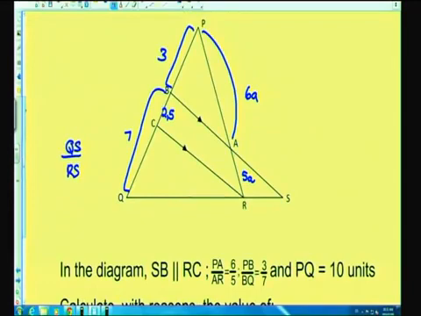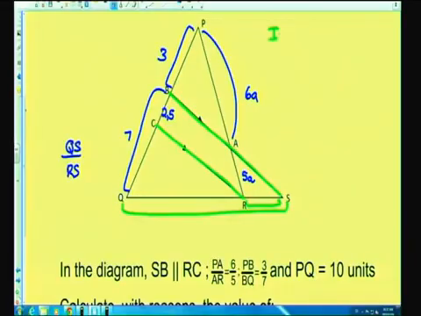Let's take another color pen. So we want QS to RS. Now, I think you can see clearly that if we're using these parallel lines, we are working with this triangle here to get that ratio. Now, remember what I said to you? I suggested that you write down which triangle you're in. So you tell your examiner, in triangle